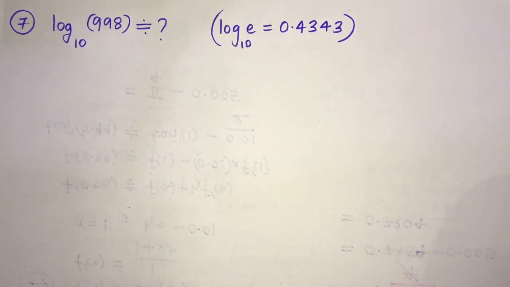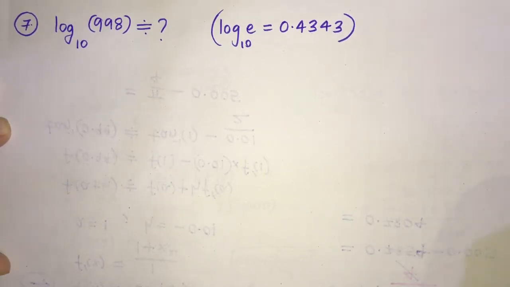Okay, there is an example now on logarithmic approximation. So we are going to now do the last example, a short video on this example, where we are going to find the approximate value of log of 998 to the base 10. We are going to find the approximate value at a point in the logarithmic function.